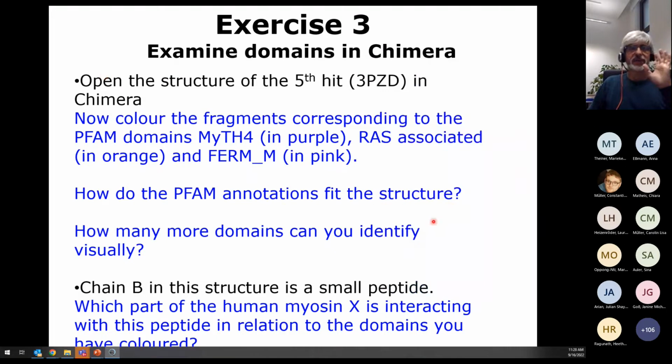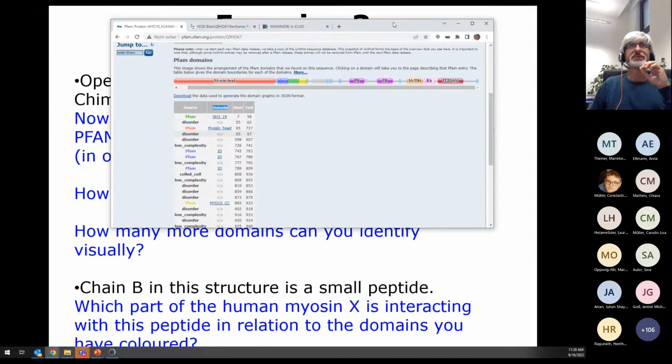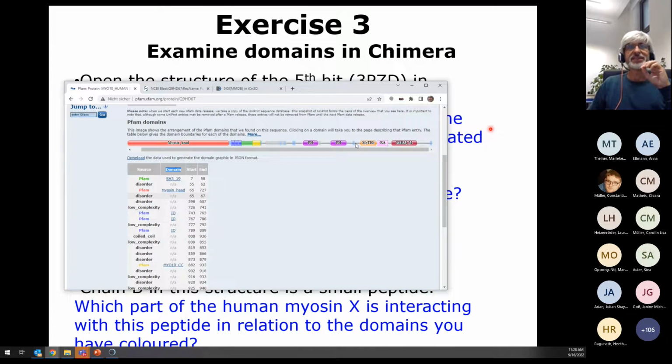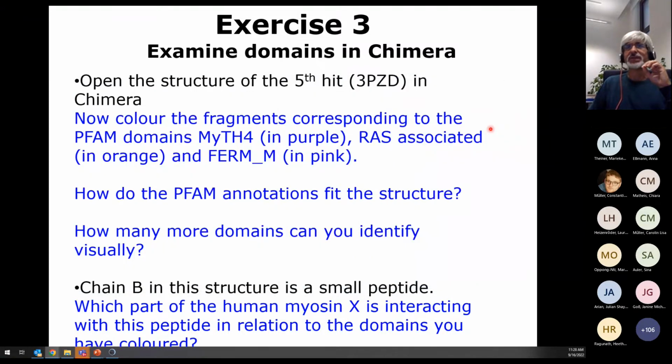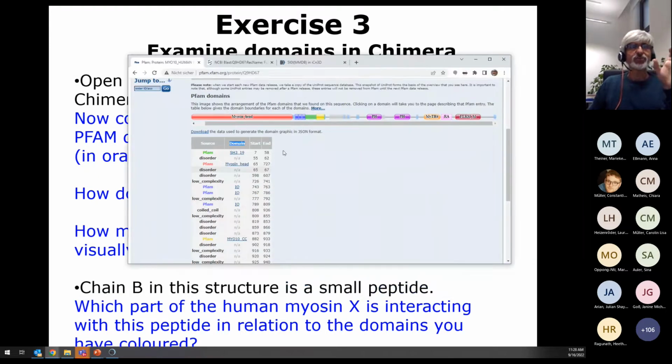And I remember, sorry, PFAM. So this is this fragment. It's the structure of this fragment of human myosin 10 with these three domains. And I would like you to not close this PFAM